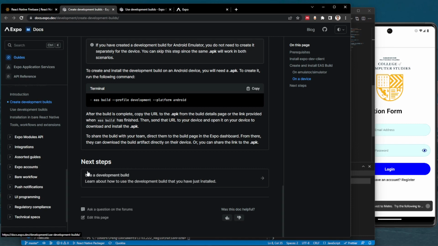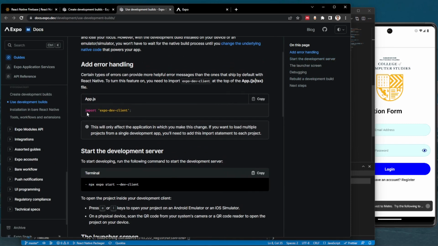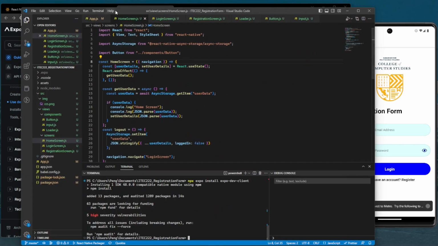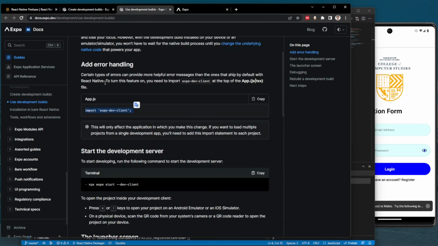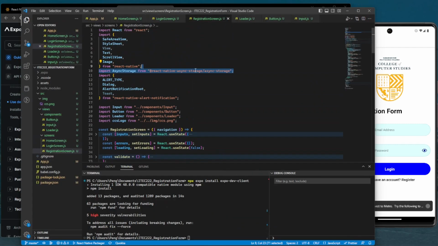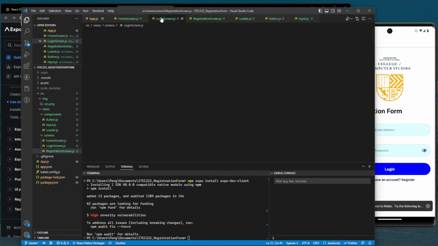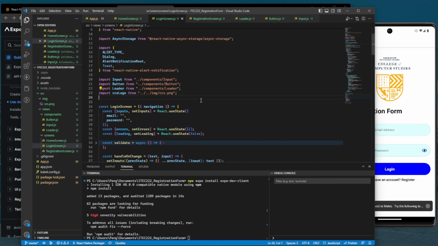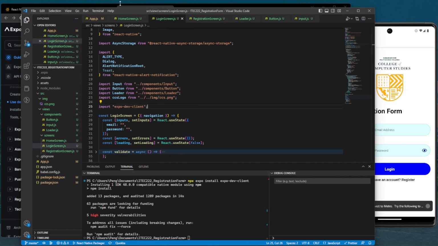Let's open first the next step and import Expo Dev Client because we might forget to add this one. Copy, import Expo Dev Client and open the login screen.js. Paste that here